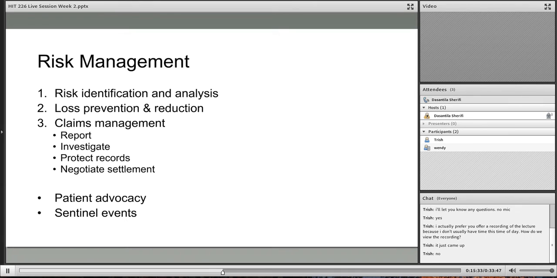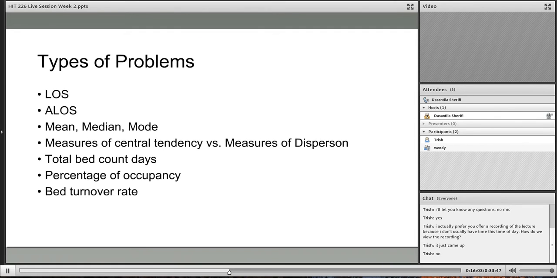Or a patient perhaps is not fully educated health wise. They may not understand everything that's going on, and maybe something did not go right during the surgery. They need to be informed, and sometimes the family gets the information as well. So that's all patient advocacy. Any questions on these? No? Okay. So these are the types of problems you're going to see in your quiz, and that are really the focus of week 2.